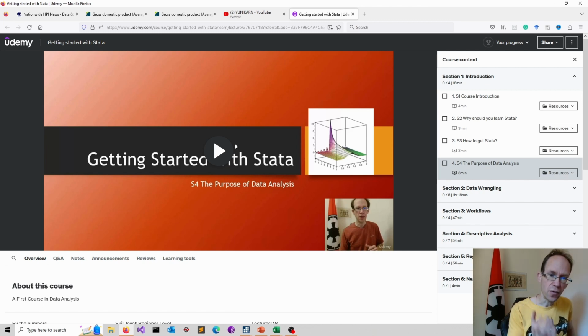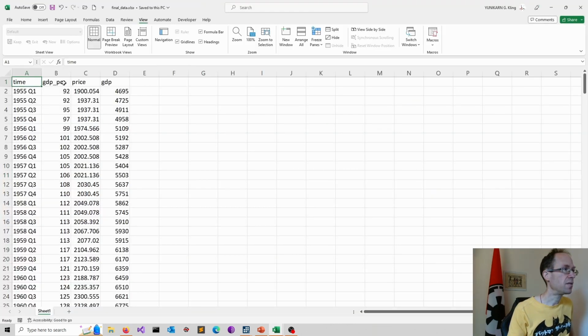As we have a very small data set, in this particular case, you can do it manually in Excel. You simply take the time series you want, you copy paste them into maybe a new file and save this file as a final data set. So in here we combined the house price data, GDP data, so that's for the whole economy, and GDP per